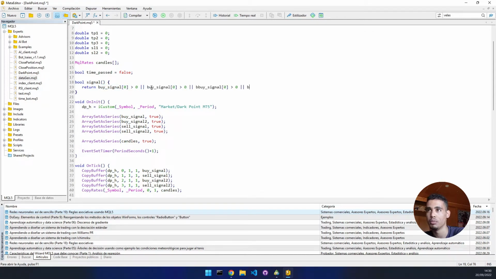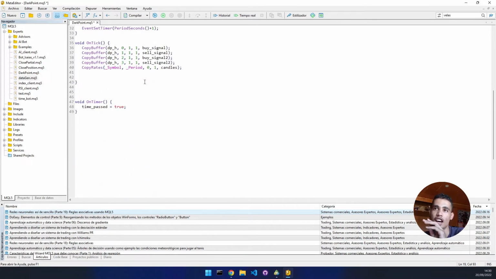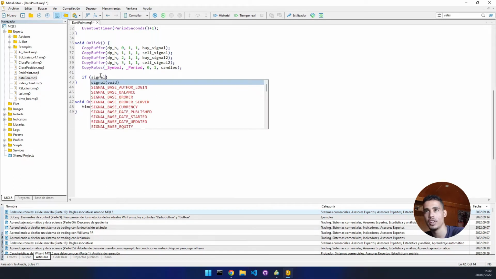So we can actually take this. Here this is the buy signal 2, this is the sell signal, and this is the sell signal 2. That's fine. So this will return true if there is a signal, whether it is a buy or a sell. So what we are actually going to do is, if there is a signal,